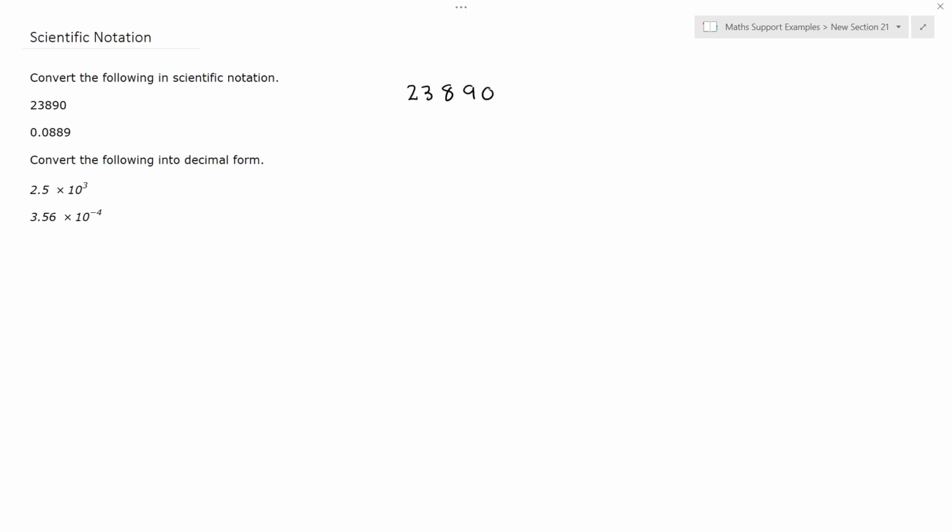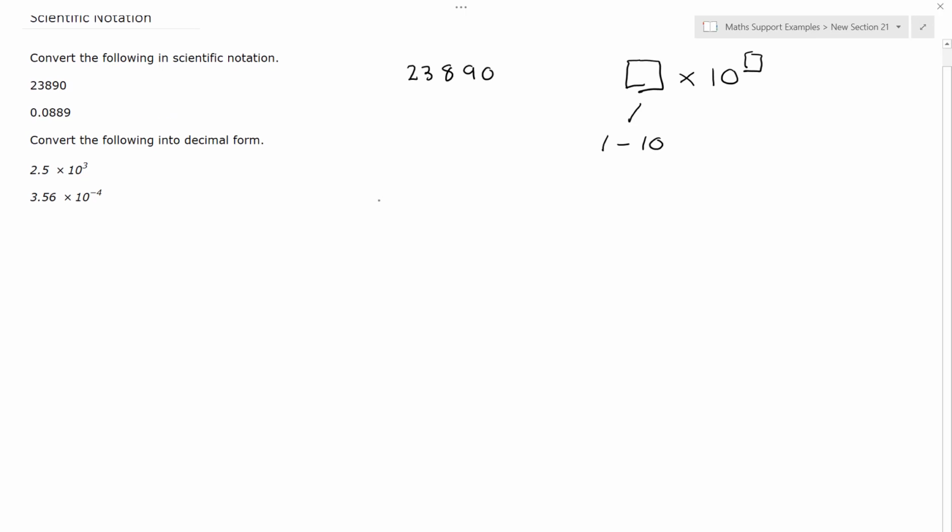23,890. You should recall that scientific notation requires us to write our answer in the form of a value times 10 to some power. The value at the front needs to be between 1 and 10. The power can be anything. So 23,890 in scientific notation is